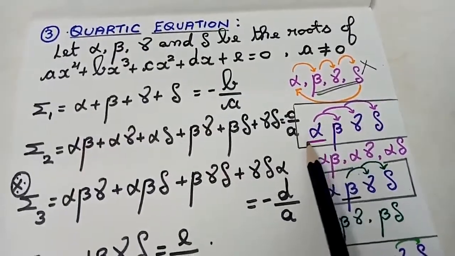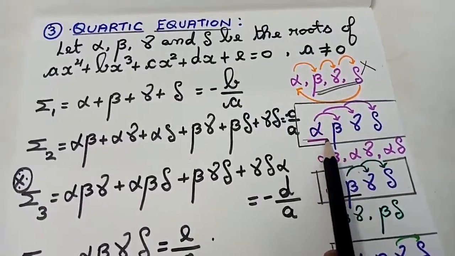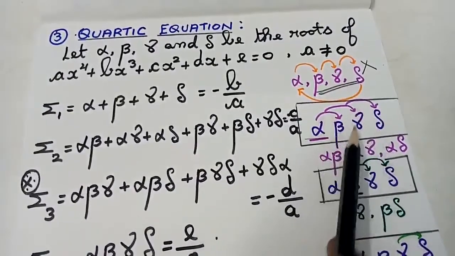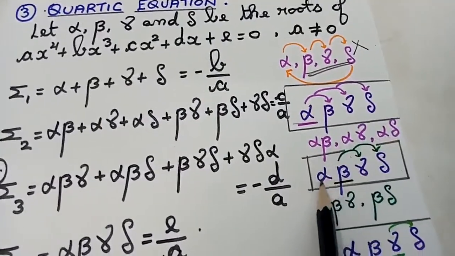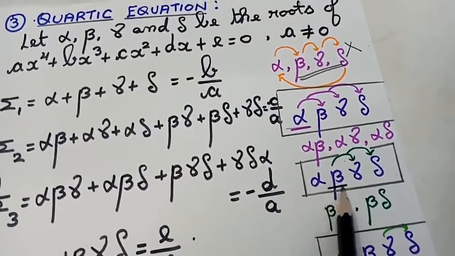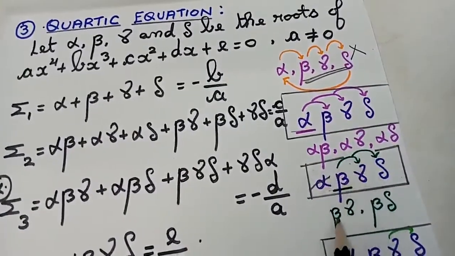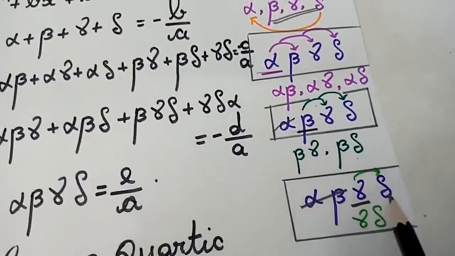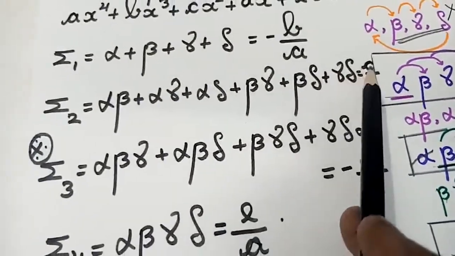First I'm going to fix alpha. Keep this alpha as a constant. I'm going to multiply like this, alpha into beta, alpha into gamma and alpha into omega. Those 3 values you are having here. Next, I'm going to fix beta as my constant, leave alpha, multiply these values, and I'll get like this. Third, I'm going to fix gamma as my constant and leave these 2. I'll get the value. So 1, 2, 3, 4, 5, 6. Those 6 values I'm going to write here, students. After writing, I am going to write equal to c by a.